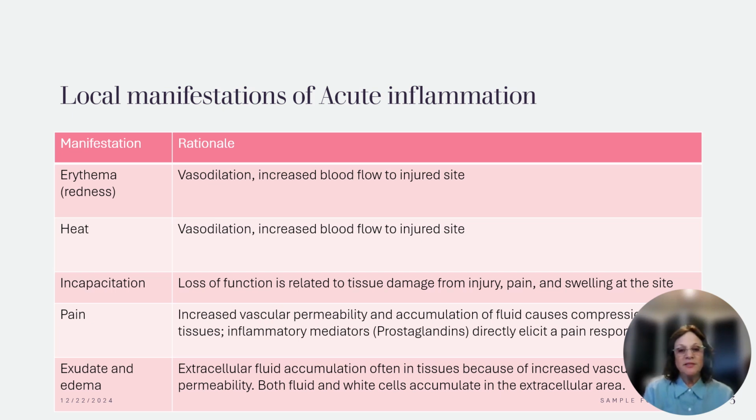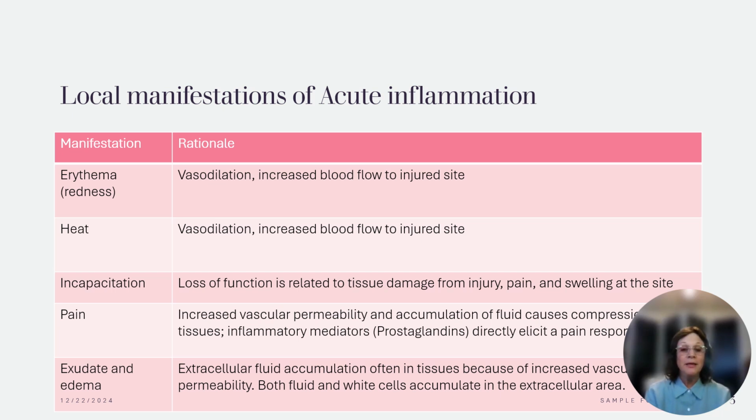So the local manifestations, again, I gave you this chart here so you guys can study from this. So I would put a big star by this and come back to it. The redness is caused by vasodilation and increased blood flow to the site, as well as the heat. Incapacitation or loss of function is due to tissue damage from the injury, the pain, and that swelling that we